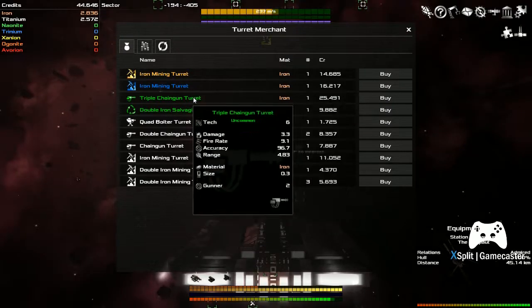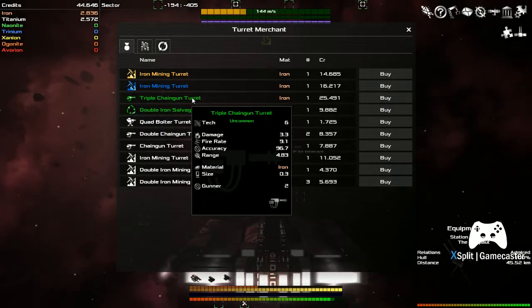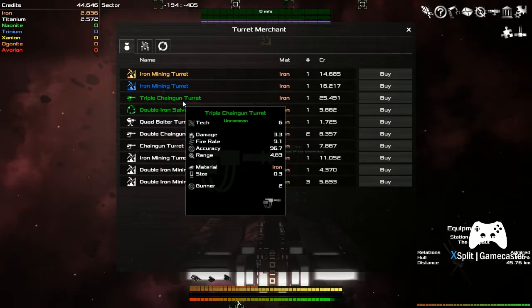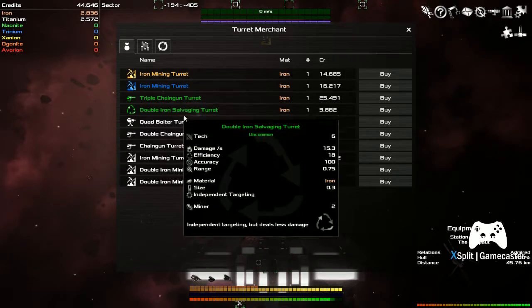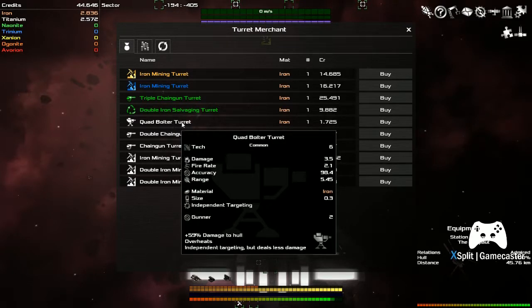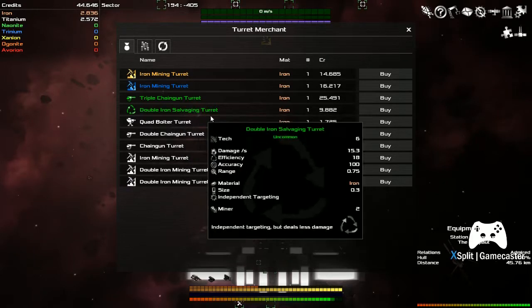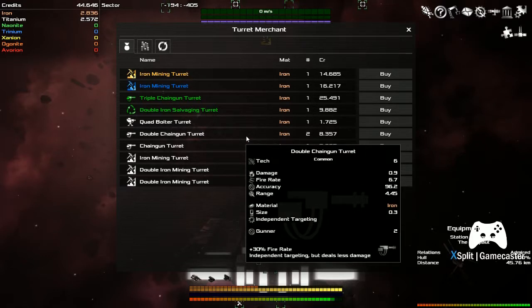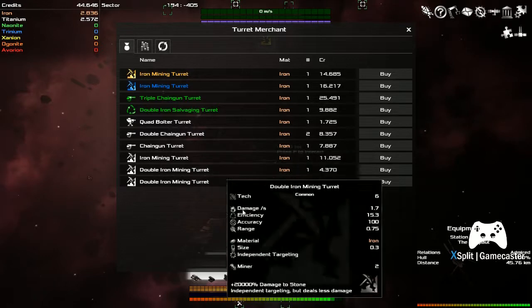Turrets, iron, triple chain gun turret. Not very good. Fire rate isn't fast enough for me, and its damage is not very good. Bolters are also a pretty nice thing to do, except they mostly overheat and use independent targeting, which, by the way, as you guys know, I hate. I'd rather aim my weapons myself